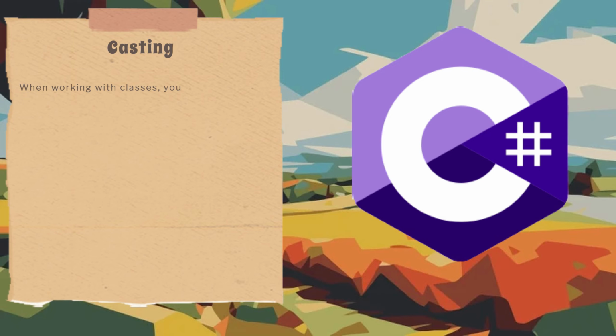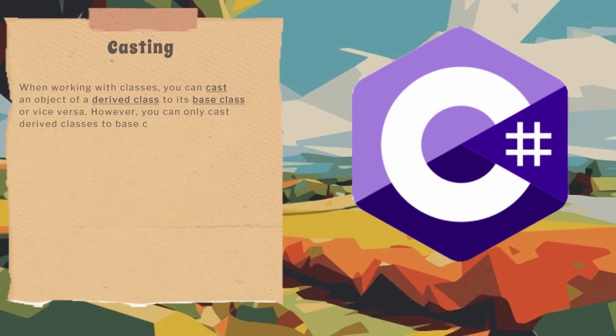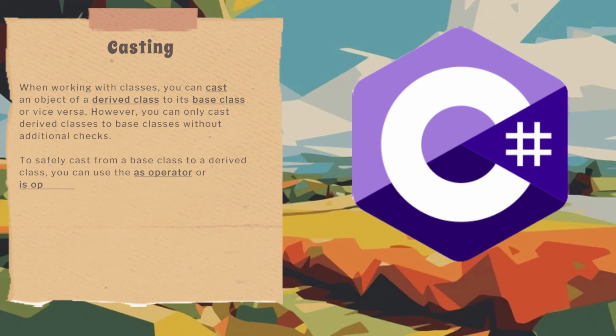When working with classes, you can cast an object of a derived class to its base class or vice versa. However, you can only cast derived classes to base classes without additional checks. To safely cast from a base class to a derived class, you can use the as operator or the is operator